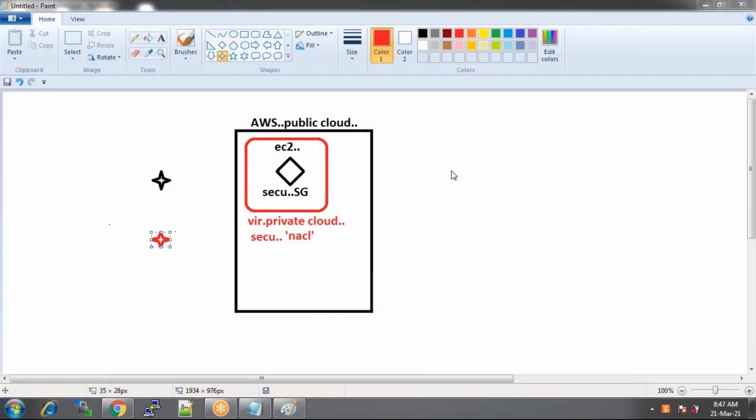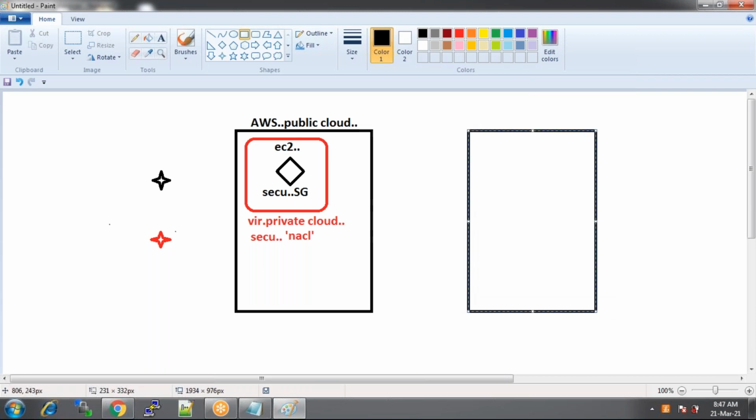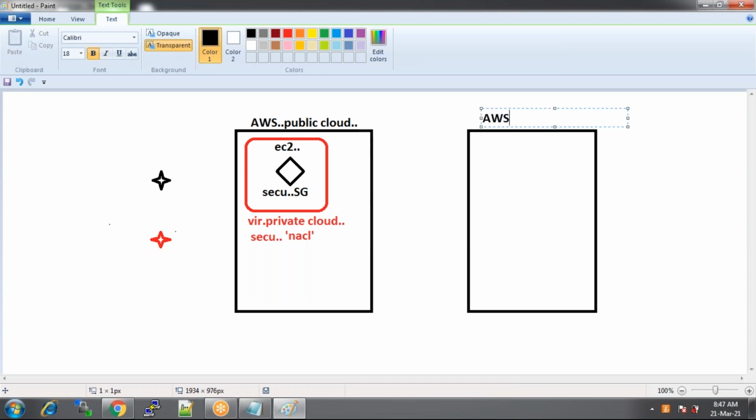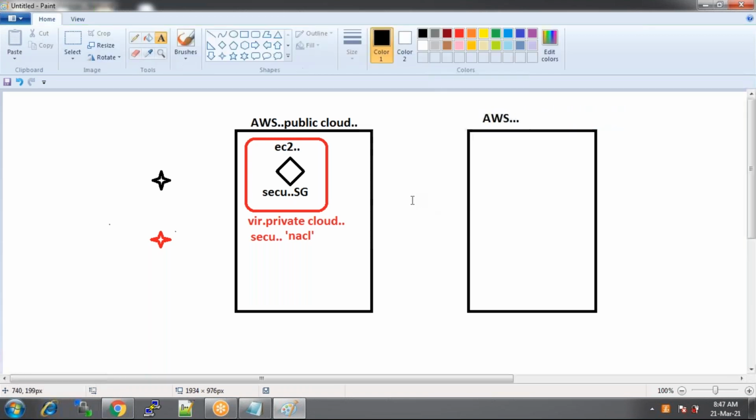Or else, let's talk in terms of project level. If you talk in terms of project level, how do you provide security then? This is AWS Cloud again. In my project, we have multiple teams: developers, testers, different environments, development environments, test environments, also pre-production and production. So we have a number of environments. How do you create those environments?